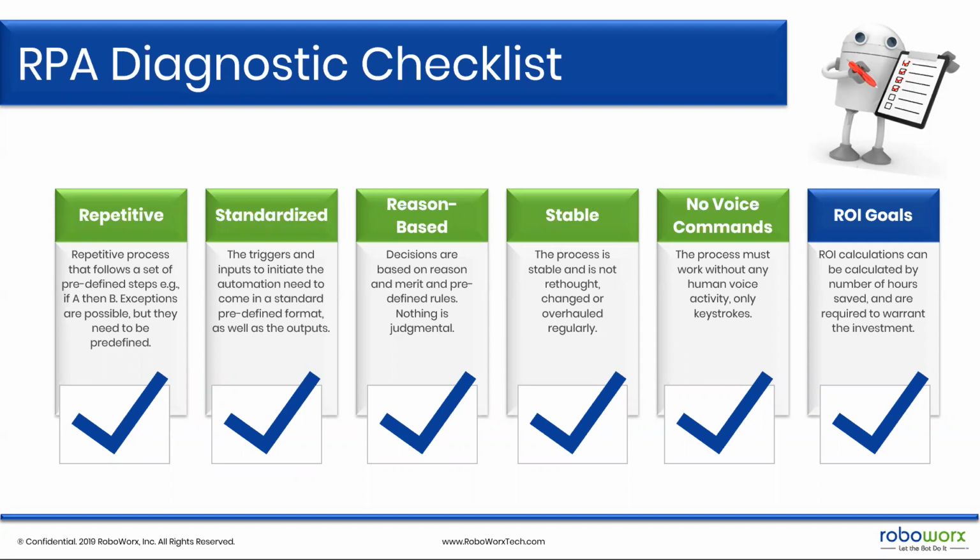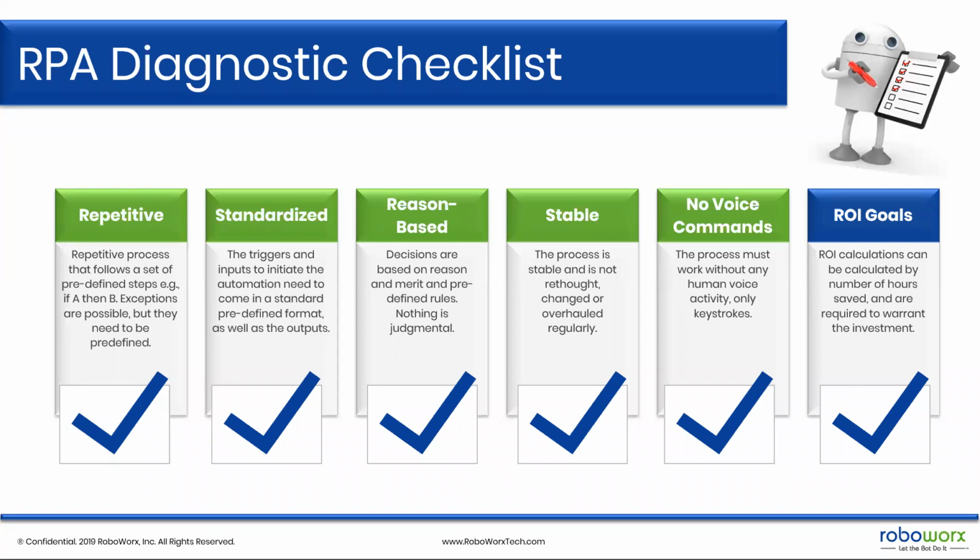The fourth one is the process should be stable. So if you're wanting the RPA robot to execute accounts payable, but you know that you're going to change your accounts payable process soon, it's probably not the best candidate. Or if there tends to be a lot of upgrades or bugs in the system, probably not the best candidate. Because once the robot has been given the instructions, if anything changes in that interface, then the robot just needs to be told about that, if they have to click on an extra button or whatever the case may be. That doesn't mean the robot can't execute it, but it's better to start with a stable process.